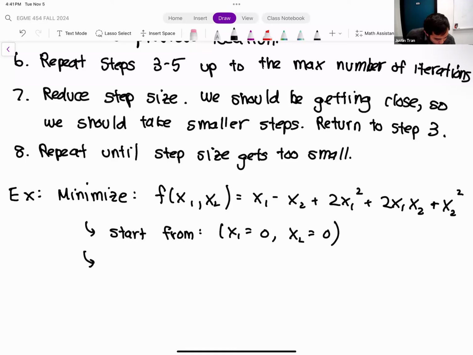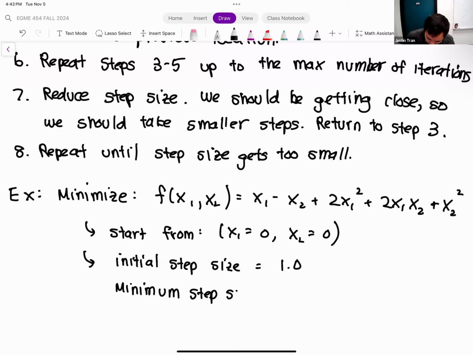I'm also going to give you all of the parameters. So let's start with an initial step size of 1.0. Let's go with a minimum step size of 0.05.